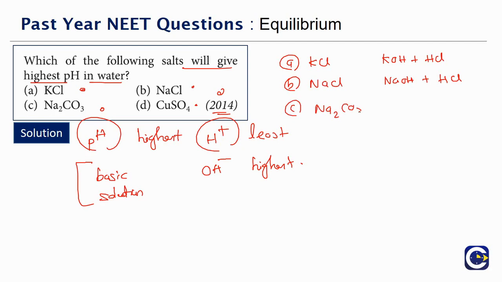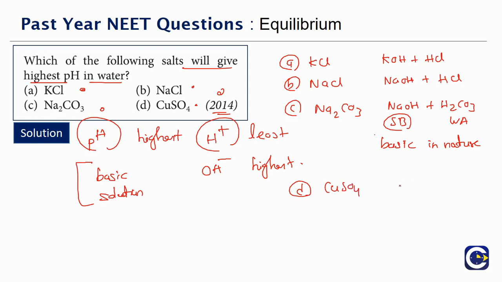Whereas if you look at Na2CO3, it is a salt of sodium hydroxide plus carbonic acid, so the base is a strong base and the acid is a weak acid. So this solution is going to be basic in nature. Solutions of salts formed by a strong base and weak acid will be basic in nature. Why? Because the ion from the weak acid will get hydrolyzed. The ion from the strong base will not get hydrolyzed. That's why, because of hydrolysis, this will be predominantly basic in nature.